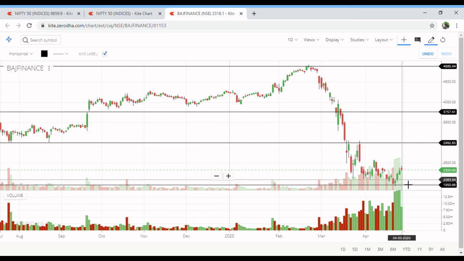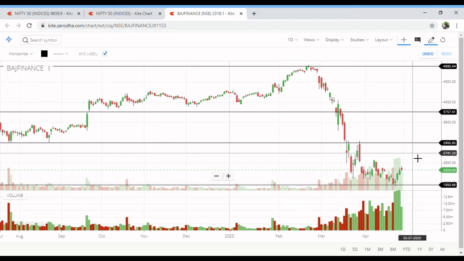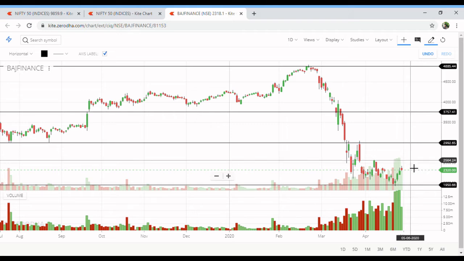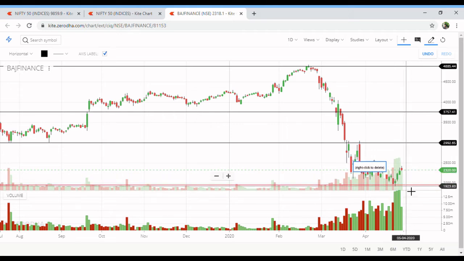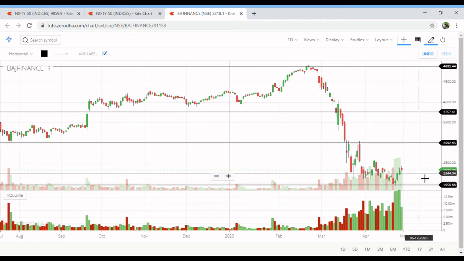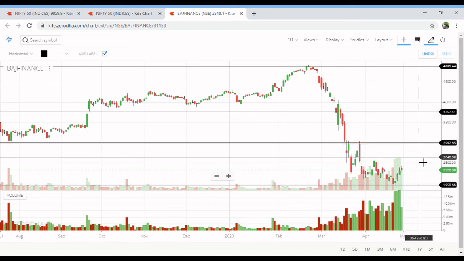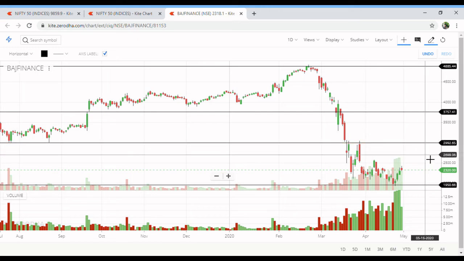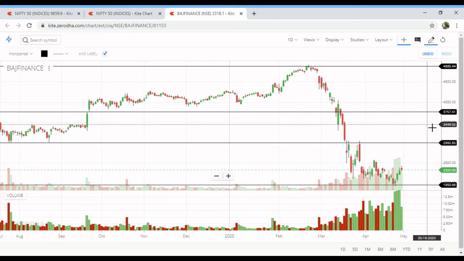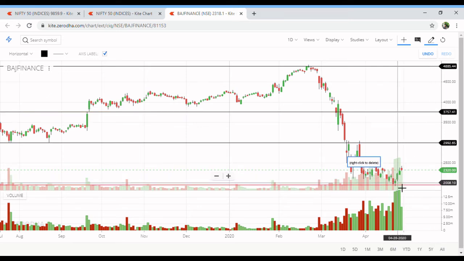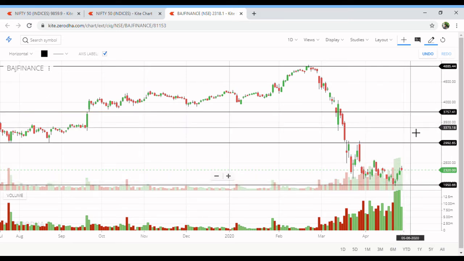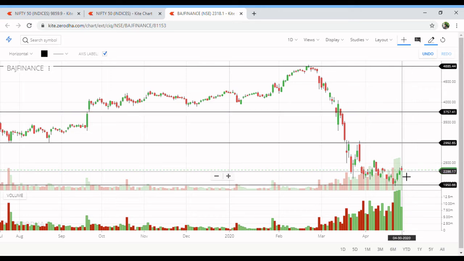So we can enter the trade above this high, let's mark it as 2100. If you are a short term trader, you can keep a short stop loss below this support level and stay in the trade till it reaches this resistance level, to confirm whether it's going to take a U-turn from here or break this resistance level and move higher. If you are a long-term trader, you can hold the trade for the long term as well.